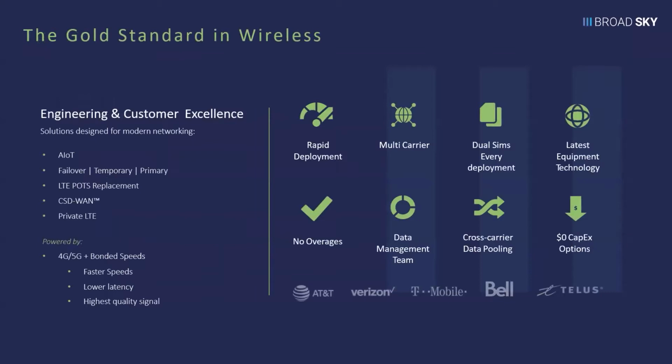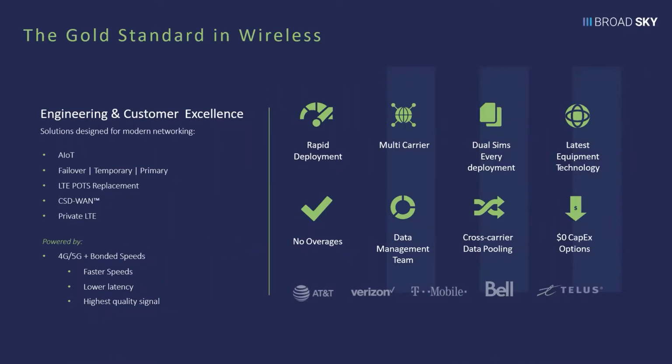Thank you. The way we deploy and, objectively, how we get ahead of the curve on this is we call it the gold standard in wireless. And what that means is that, number one, we pick the best carrier for every location. You need all three carriers across the country to deliver a uniform solution. We have very powerful lookup tools to see which carrier has the actual best performance at every location. Then you want to get it out fast.